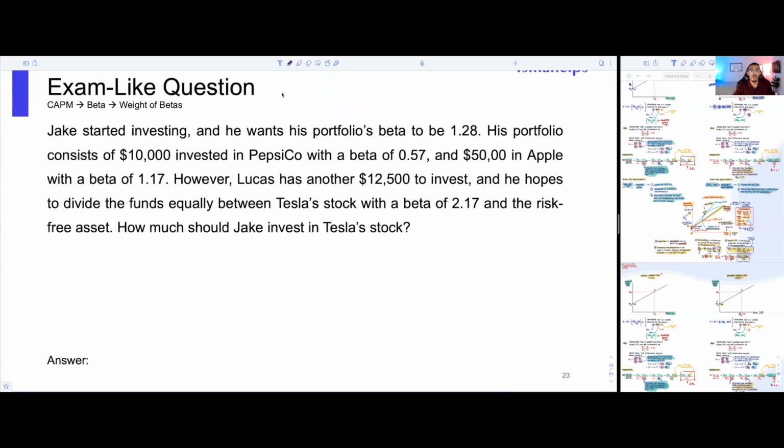Okay, so yet another question on CAPM, and especially an exam-like question on CAPM. We're going to look at betas, but not any sort of beta question, one that's going to relate to finding a specific weight of an asset within a portfolio. This is not something that you will always see on an exam, but it's definitely a curveball. And I want to give you exposure in today's session on how to do so effectively like a top marker